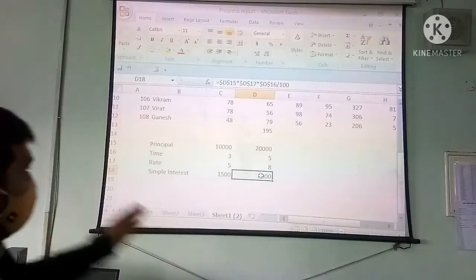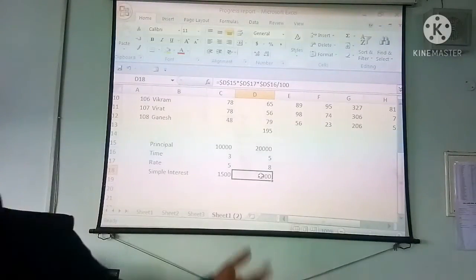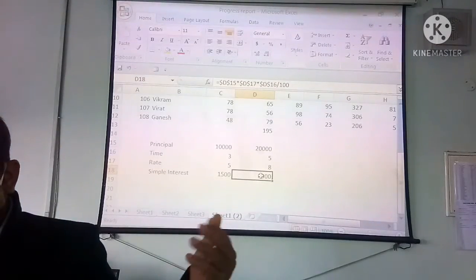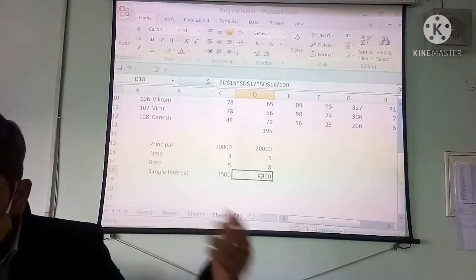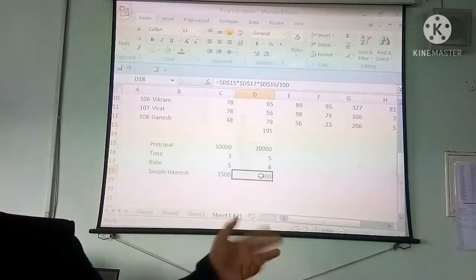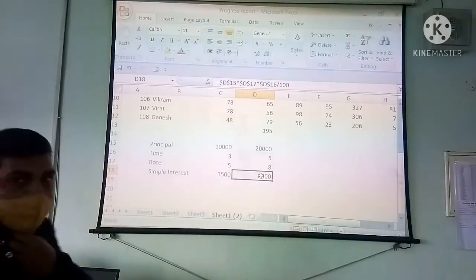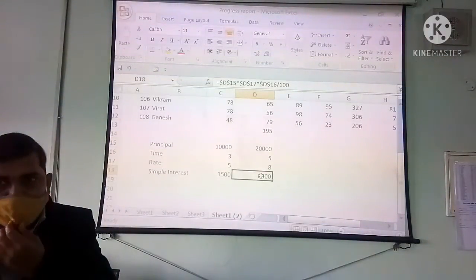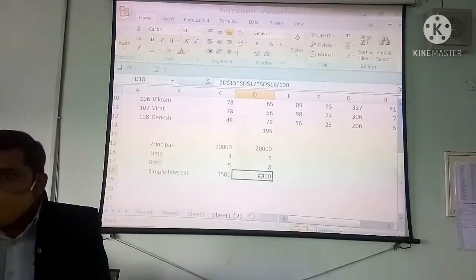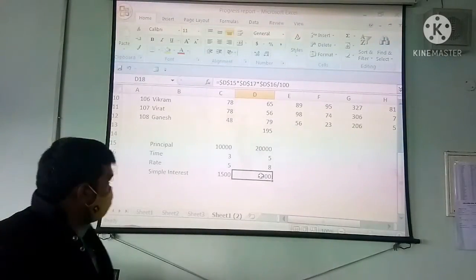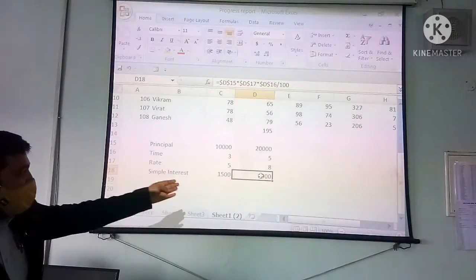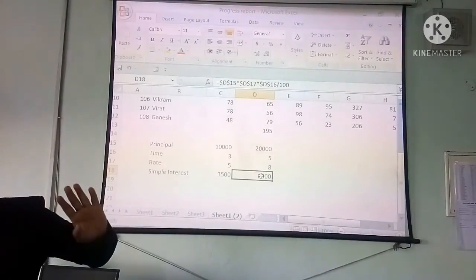Okay. Now in the next column E, again we will supply some values, and in those cells we will write the principal, time, rate, and we will copy and paste the formula in that column E also. We will do the same operation, copy and paste. We will copy the formula and paste the formula, and what we find, we will get the same result, 8000. This time the address will not change.